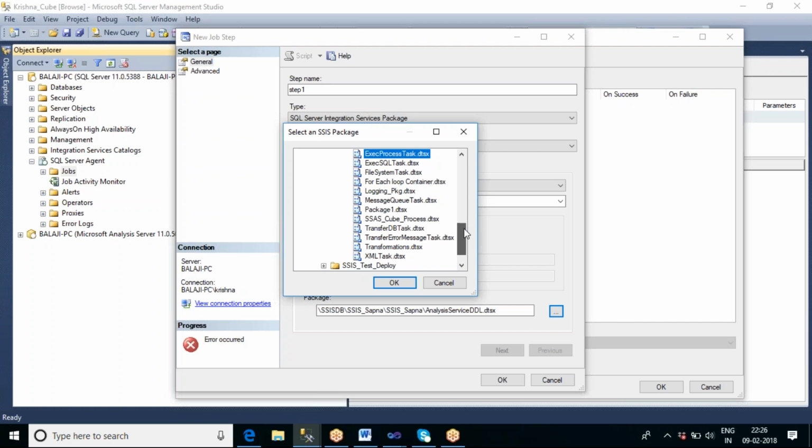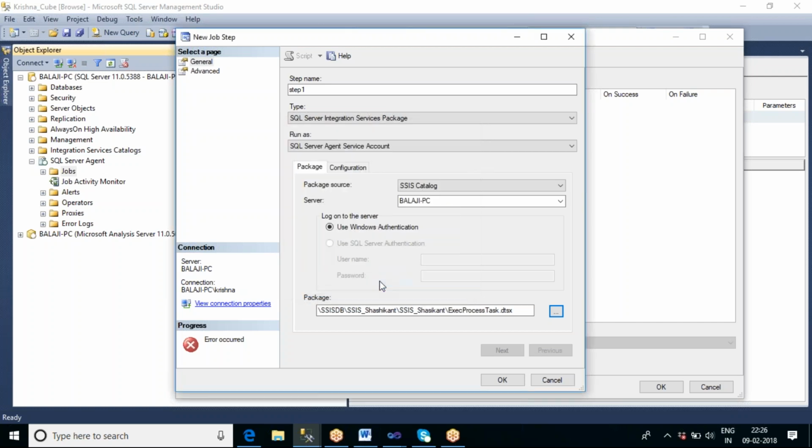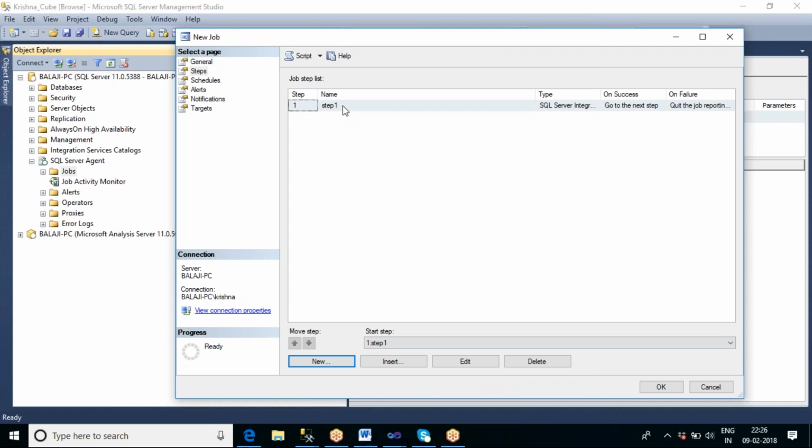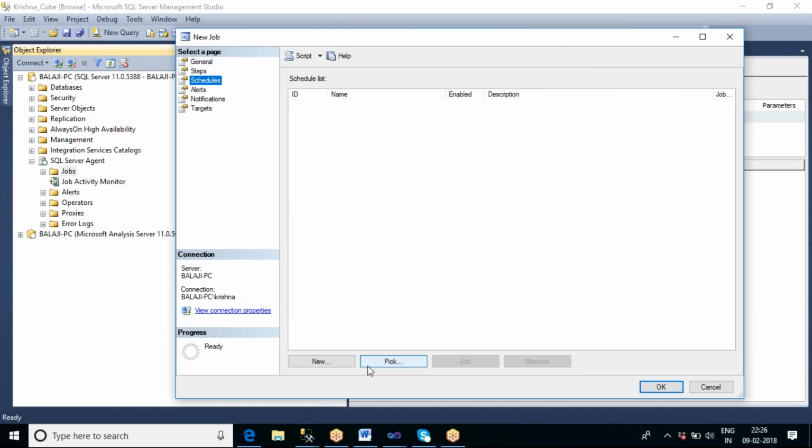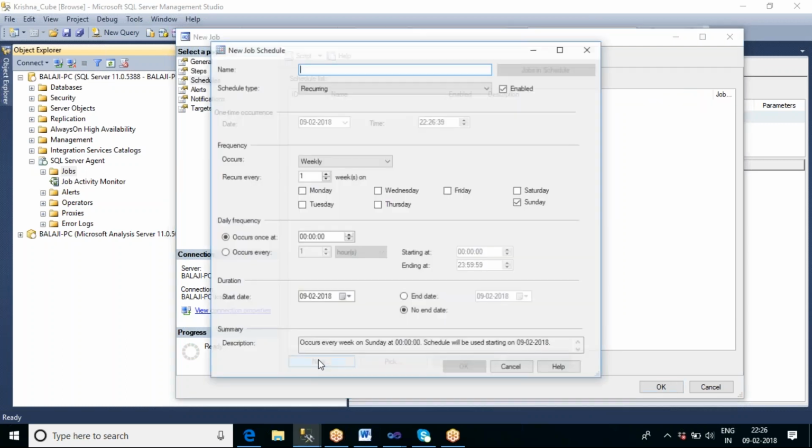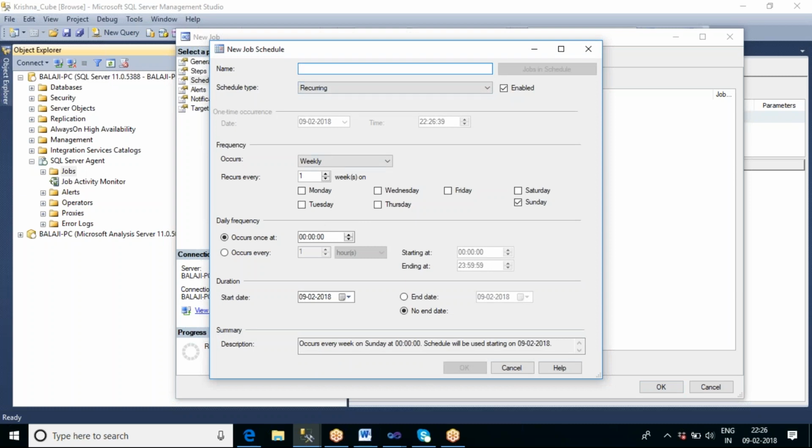So let us assume that this is the processing task of your cube database. Okay. So we can go and select that particular task. Click on OK, and you can go on. Now you can see that after clicking that, click on OK. Now step 1 is created, and I am calling this processing task to process the cube database. And let us say if you want to call it every 1 hour. Now you can go to the next one, schedules, and you can click on new option, and you can schedule the timing here. Let us say schedule 1